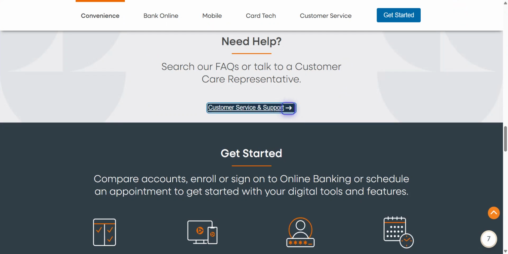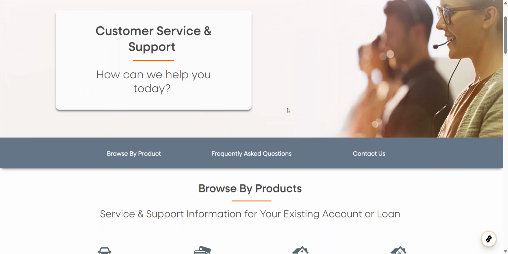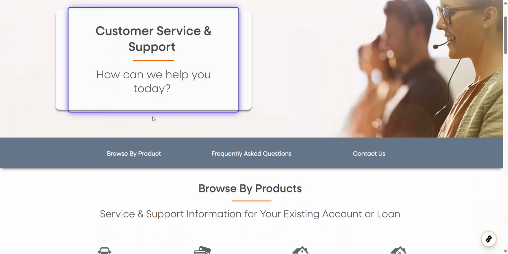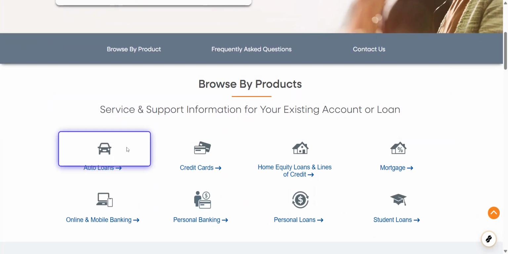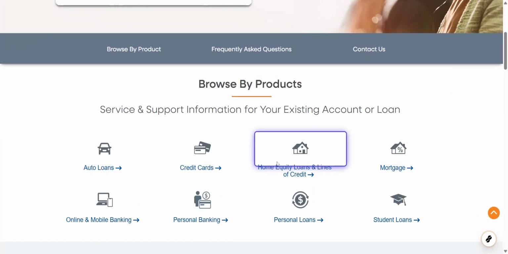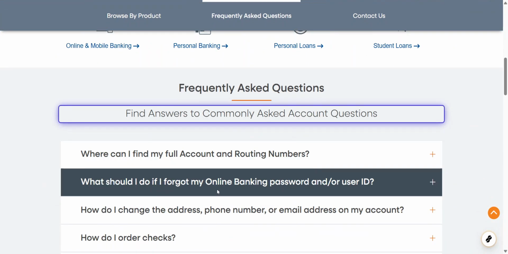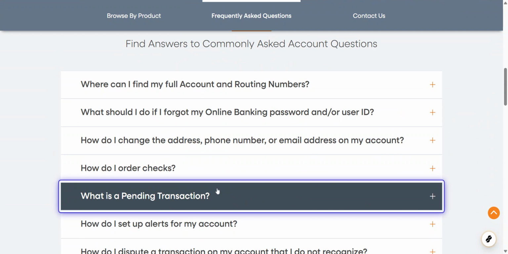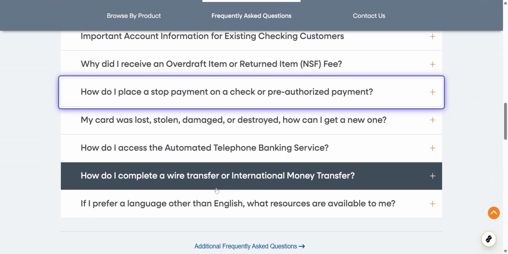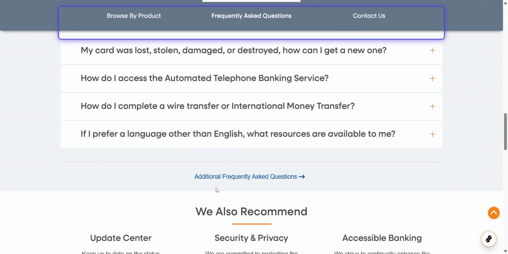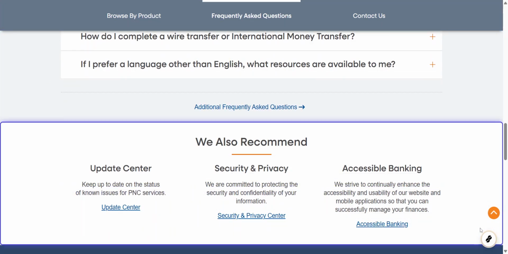This is your go-to resource for resolving any issues or questions that might arise as you navigate through the site. Click on the Customer Service link to delve deeper into the support options available. Keep in mind that being comfortable reaching out for assistance can make your online banking a much smoother experience. After entering the customer service area, you'll have the option to either search their frequently asked questions or directly speak with a customer care representative. This is where you take control, deciding whether your query is